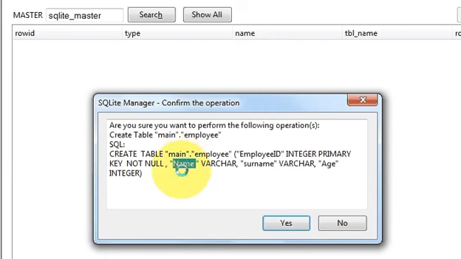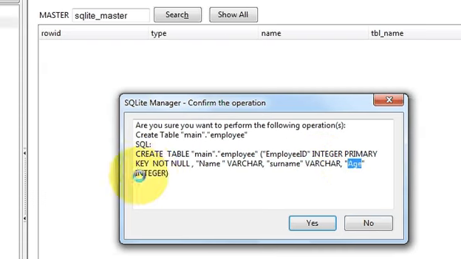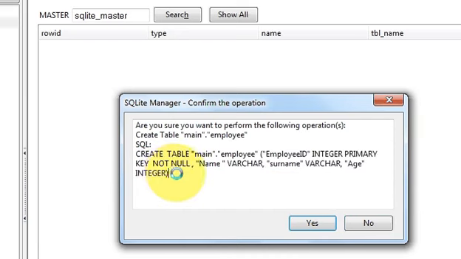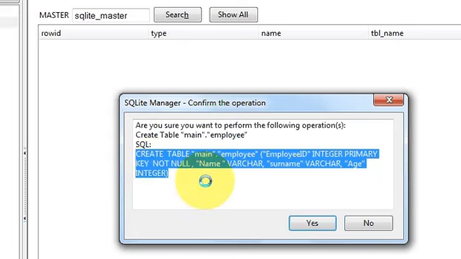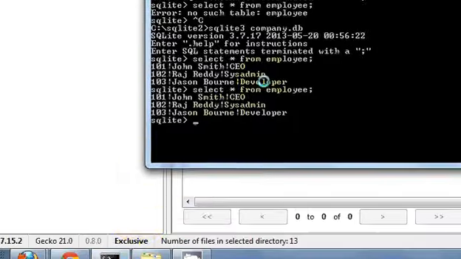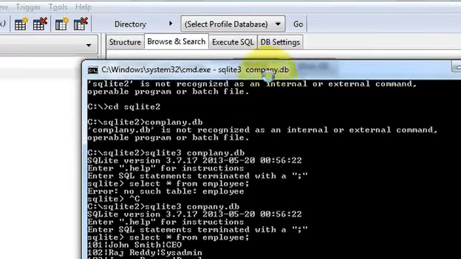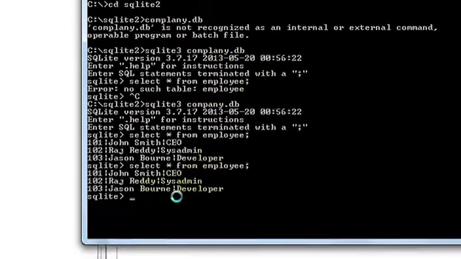Okay, same like name, this data type is varchar, surname data type is varchar, and age data type is integer. So it will give you the query also. So you can just copy this query, and if you have already opened your last database, company.database, which we have